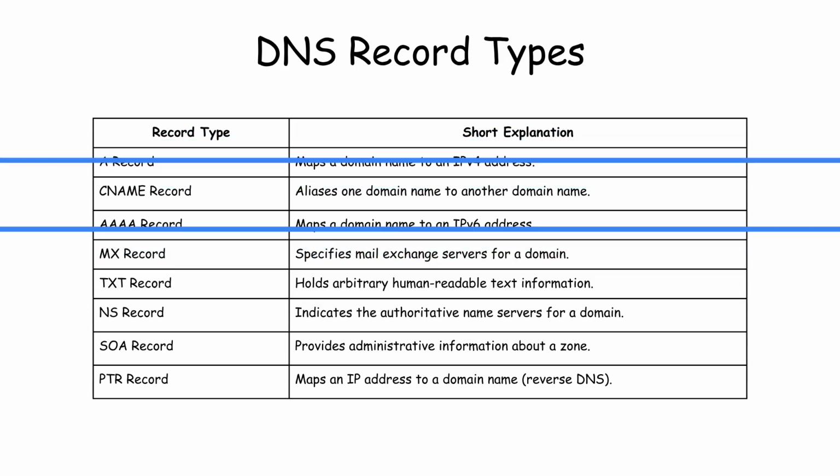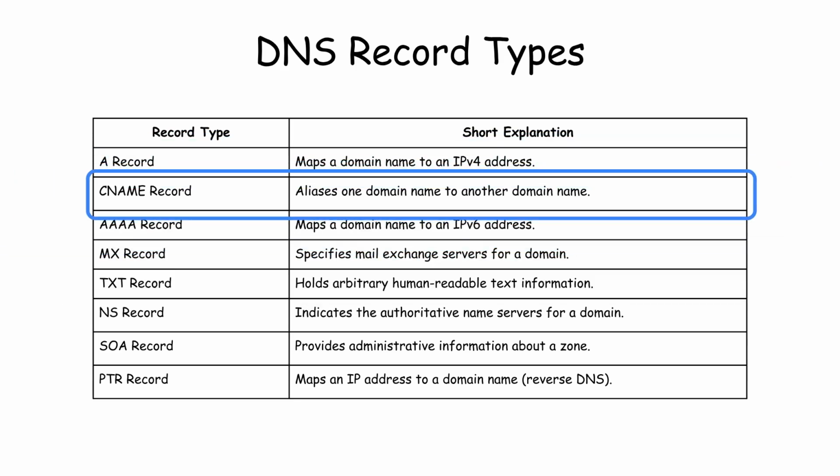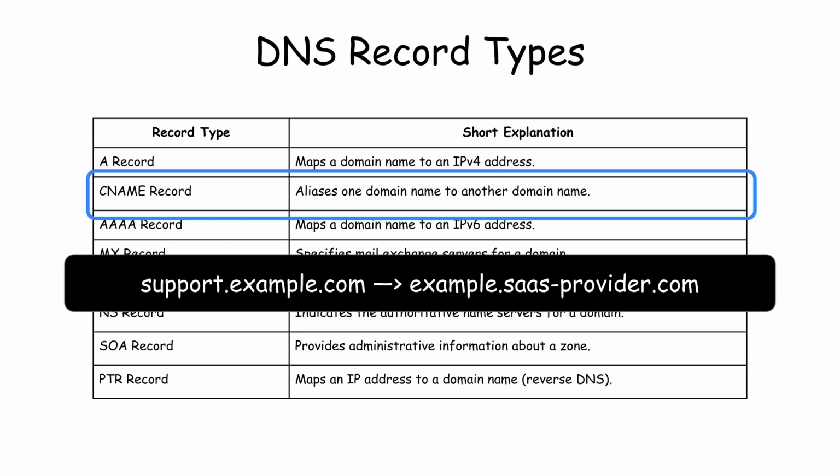Now, consider the CNAME record, or canonical name record. Unlike an A record that points to a specific IP address, a CNAME creates an alias, pointing one domain name to another domain name. This is incredibly powerful for integrating third-party services with professional branding. For instance, you can create a CNAME to point your custom subdomain, support.example.com, to the generic URL from your SaaS help desk, like